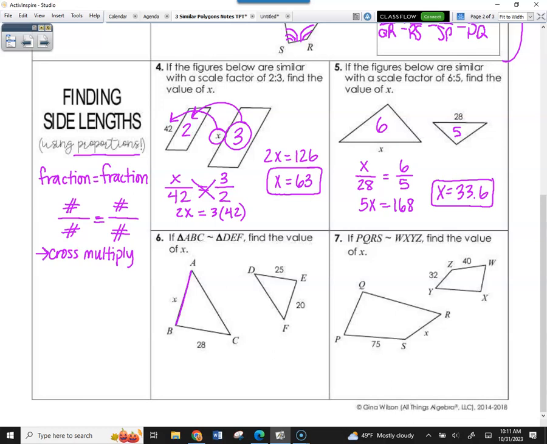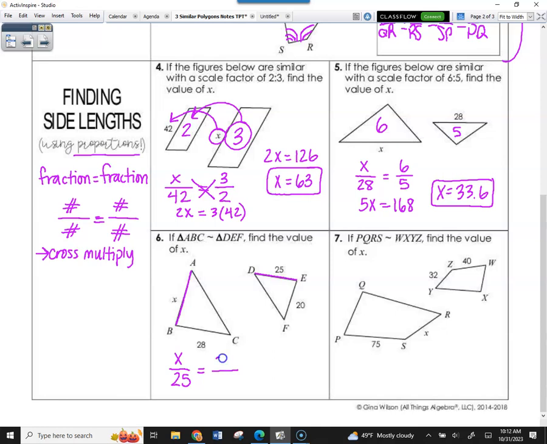AB corresponds to DE. I would either make them bold. Can't put congruent marks, right? They're not congruent. I would make them bold so that they stand out, or I'd get a highlighter and highlight them. So that's kind of like your anchor fraction. Okay, so X compares to 25 as,